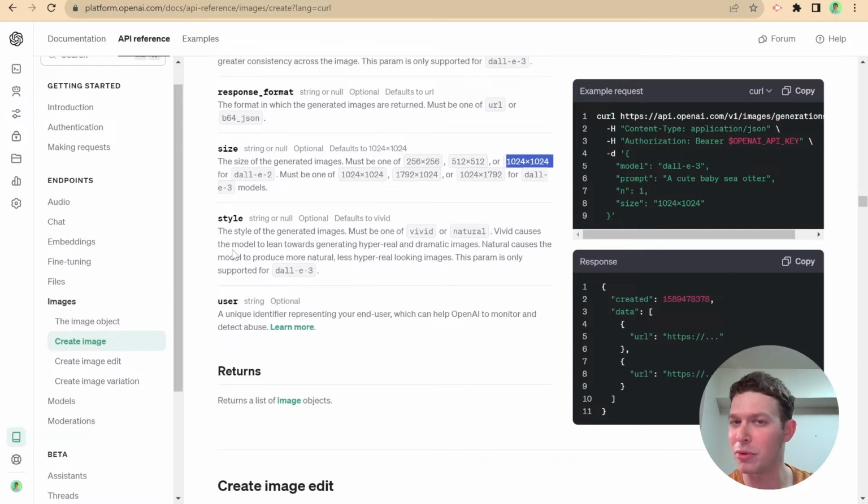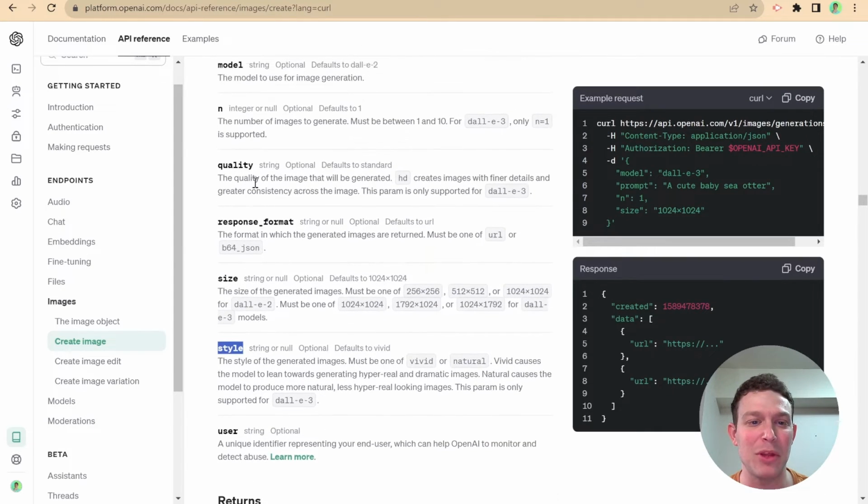Style, I also don't recall from the previous model. It could just be I haven't touched this in a while, to be honest, but I feel like style is also on the newer side. It could be vivid or natural. Vivid causes the model to lean towards generating hyper-real and dramatic images. Natural causes it to produce... We could try playing around with that as well. Oh yeah, only supported for Dall-E 3, so that is a new Dall-E 3 addition, so that's also something to play around with. So we're going to be playing around with quality and style, but first let's just check